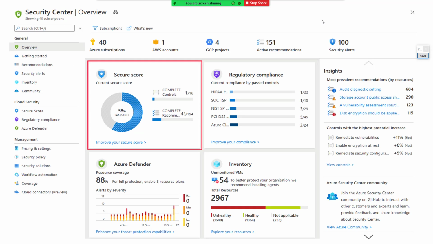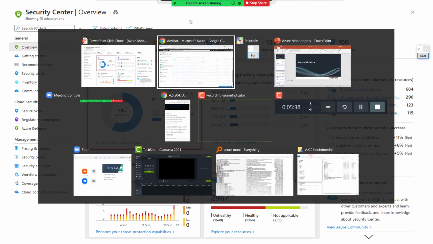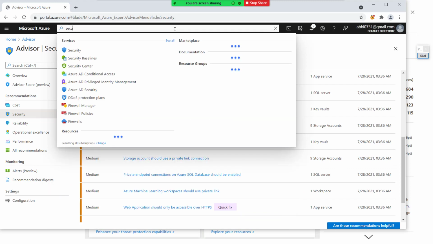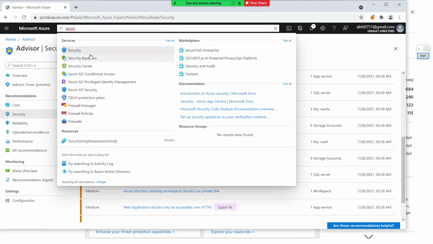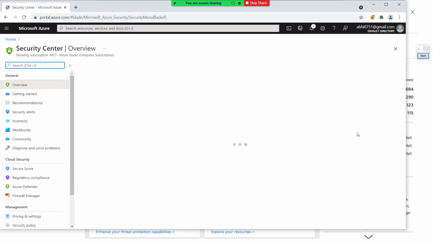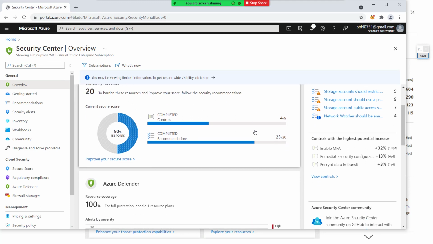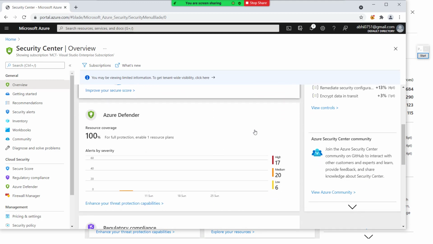So the Azure Security Center dashboard looks like this. If I go to my subscription and look for Security Center, for me it looks like this. The only thing is Azure Security Center currently comes under two categories, right?